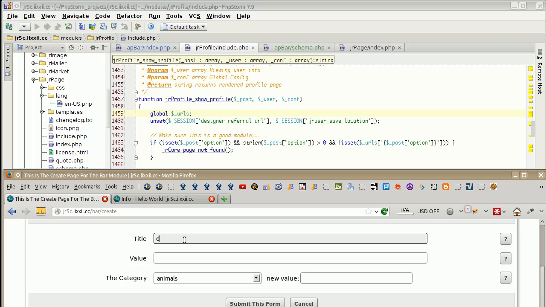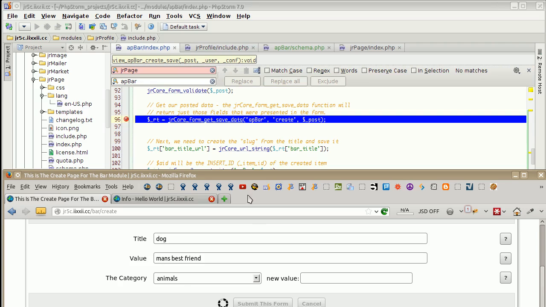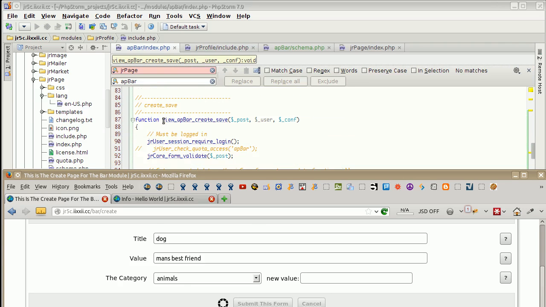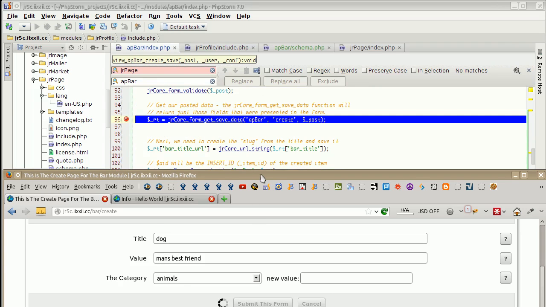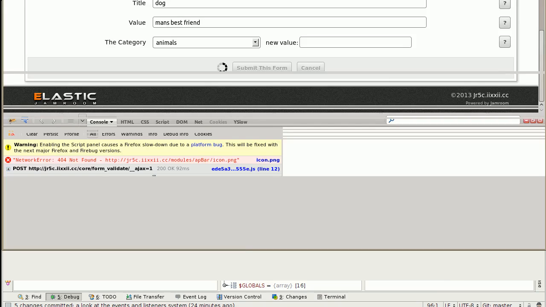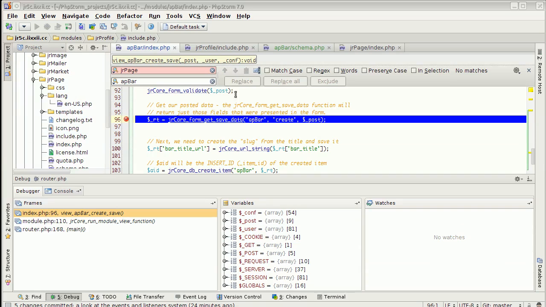Title, dog, value, and best friend. Submit the form. And there we go. There's our breakpoint again. It's stopped in that during our create save, and this just keeps on spinning. Can't go forward until we let it with our debugger, and we can have a look at what's coming in